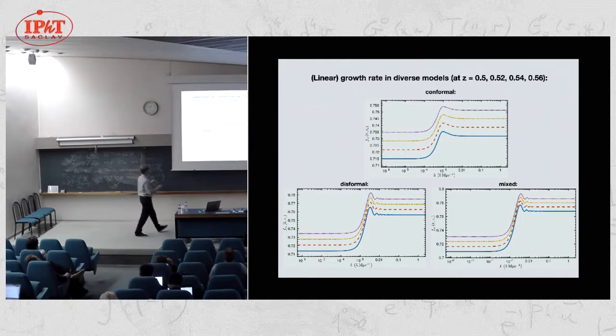What you can see is, first of all, this peak is not as broad in the disformal and also the mixed cases, and you see small oscillations. These oscillations come from the fact that the coupling oscillates around this Q delta value. Okay, that's where this is coming from. So potentially, and we need to investigate this in future more closely with the spherical collapse model, you can distinguish this broad feature in a conformal case from a rather narrow one with a disformal coupling. So the hope is that this is a distinguishing feature of a disformal coupling,